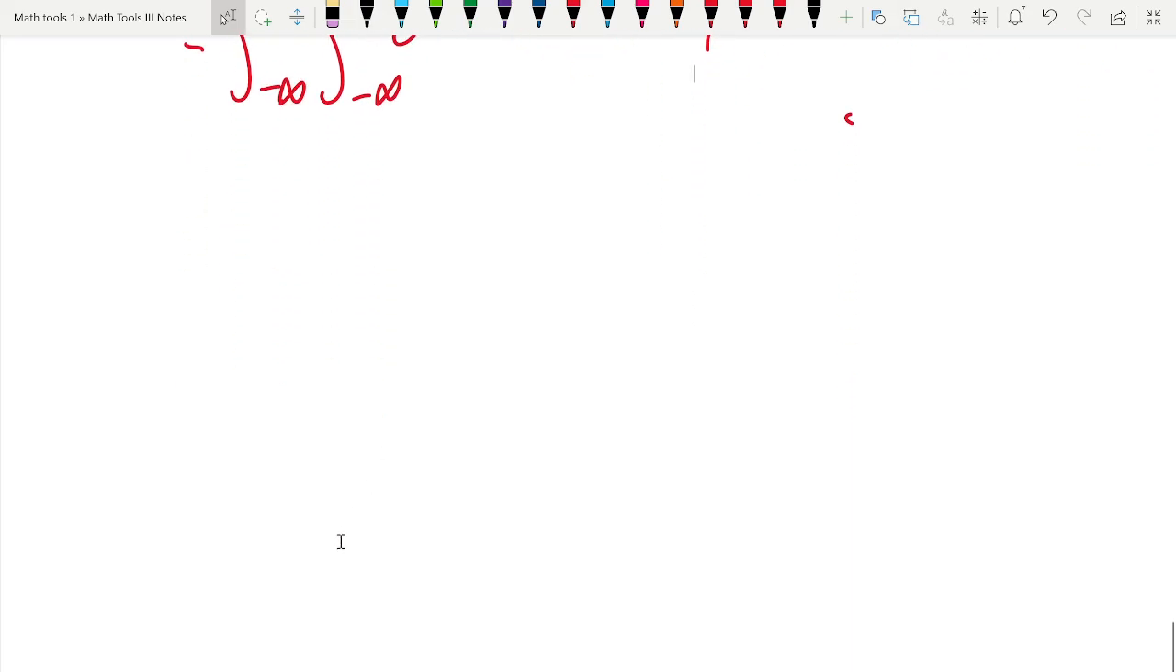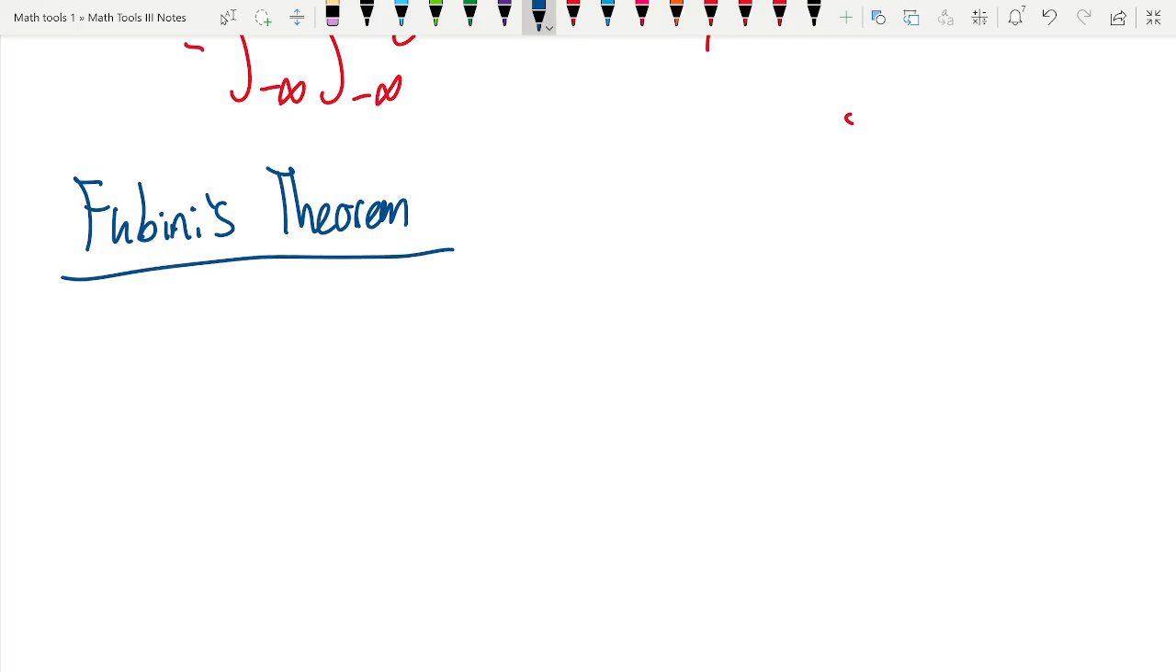All right, last property I want to mention in this video is what's known as Fubini's theorem. So this is the theorem that allows us to switch the order of which variable we're integrating with respect to first. So this says that